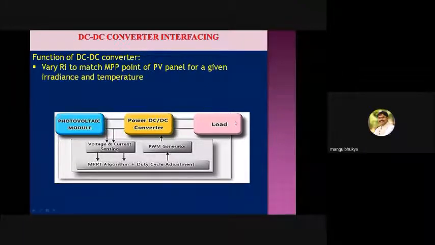That is, suppose the load is a battery. And one more thing: the battery plays a very important role either in a renewable energy system or in the electric vehicle also. In an electric vehicle, ultimately the battery is the source. In a hybrid system, there is the battery as well as the fuel tank, meaning the IC engine, and we are also using the electrical part.